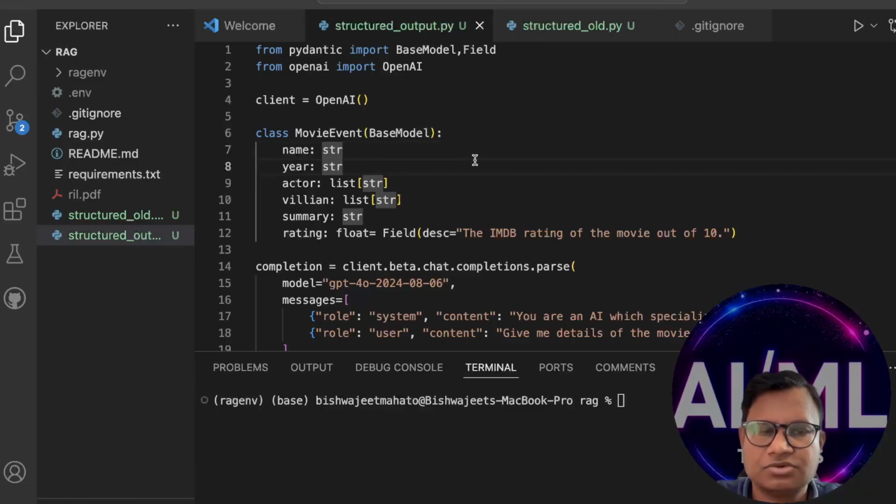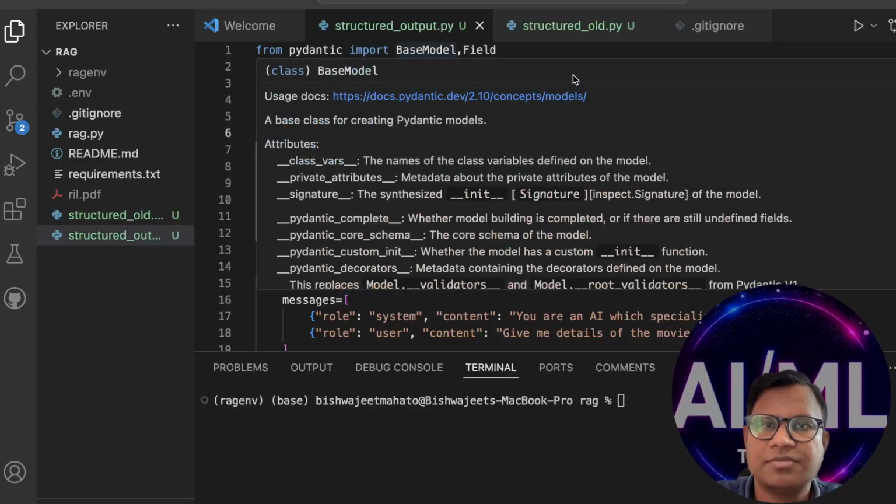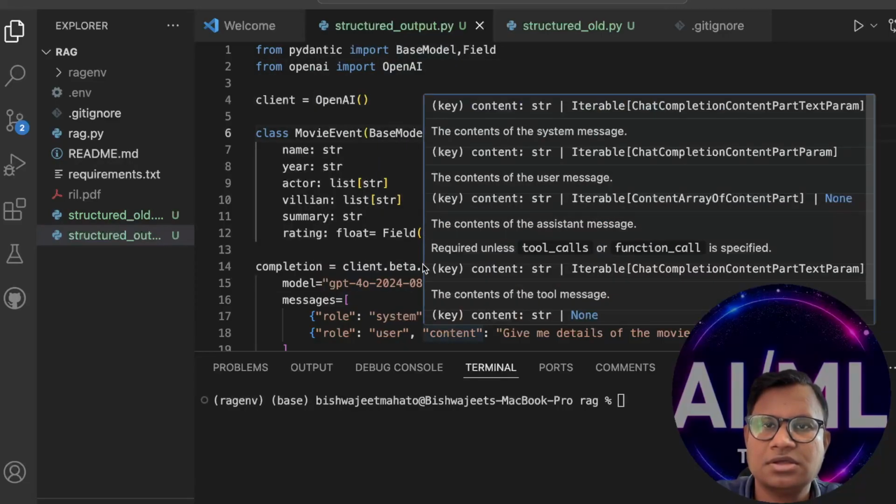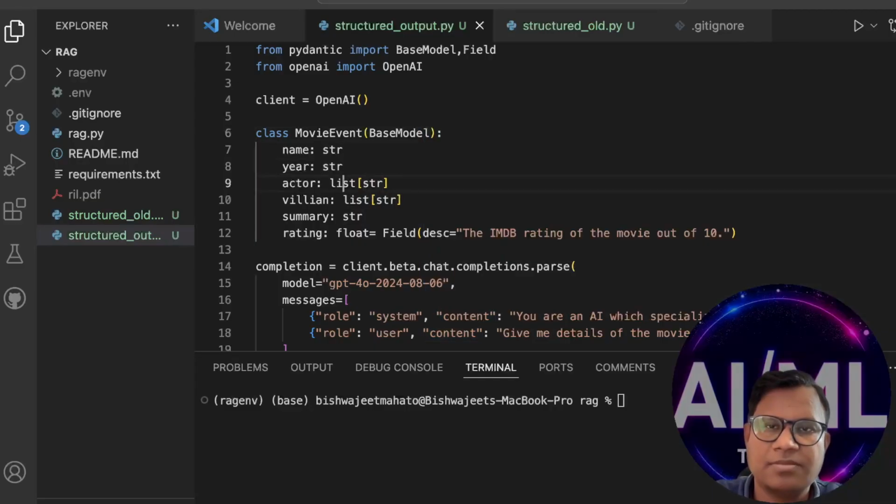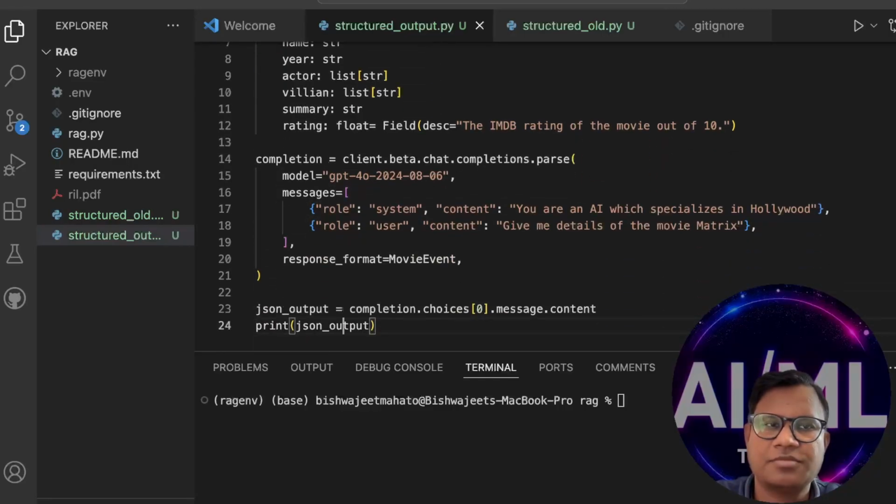Okay, so just create a class, and it should inherit from Pydantic's BaseModel. And then we need to call this again in the completion part. So for the completion part, again just copy it from the OpenAI documentation. So completion is